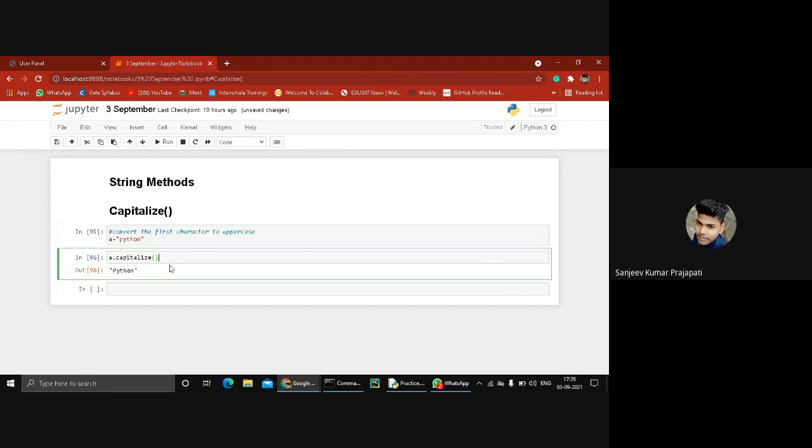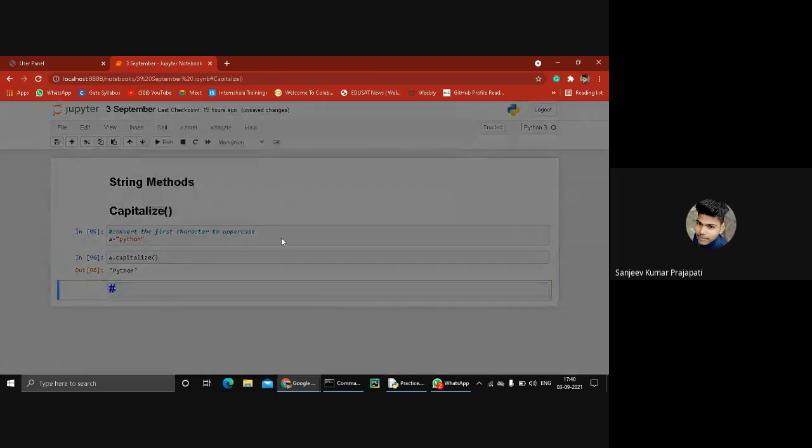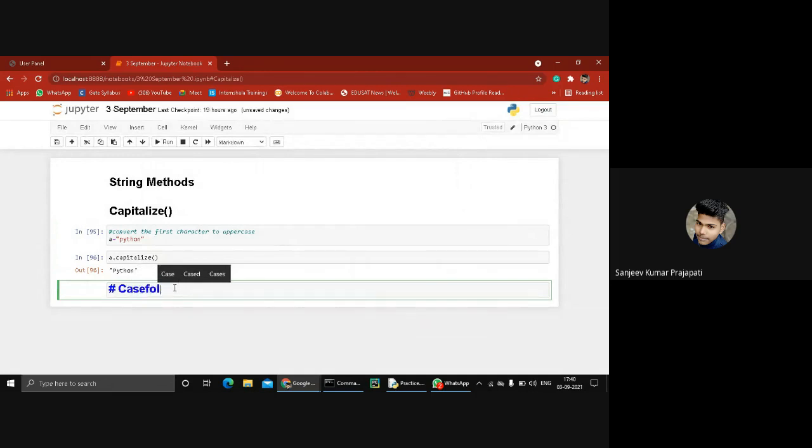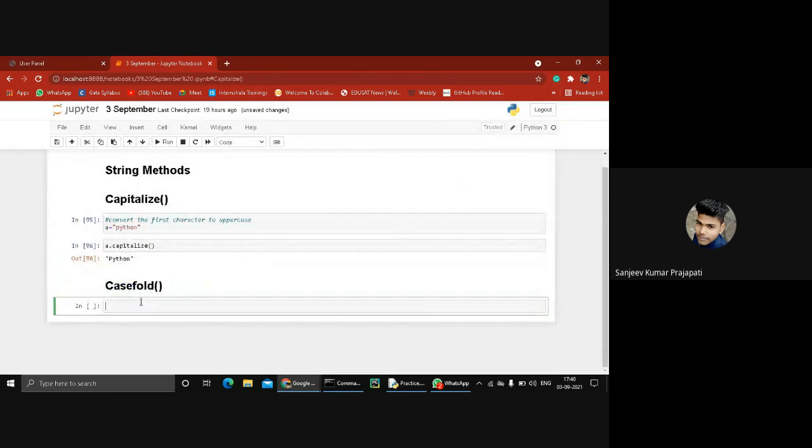Is it clear or not? Yes, sir. And the next method is casefold. Let me just create a heading. Casefold. Basically the casefold method is used to convert a string into lowercase.